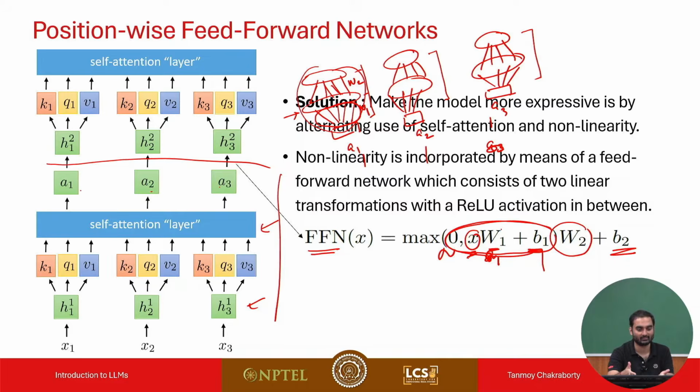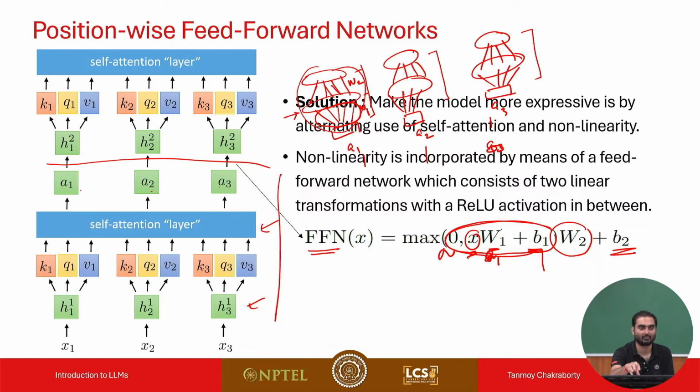Because this is non-linear, right? Feed-forward network is non-linear because you are applying multiple non-linear functions, activations. Okay, so you can think of self-attention as fetching information from memory or message passing, and feed-forward network as the actual processing unit. Feed-forward network is also considered as the internal memory of the transformer model,